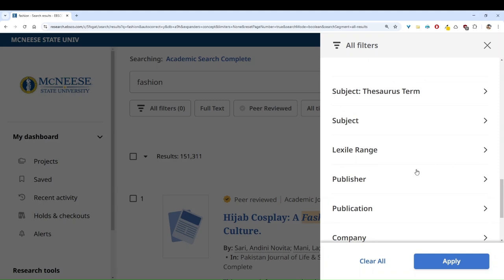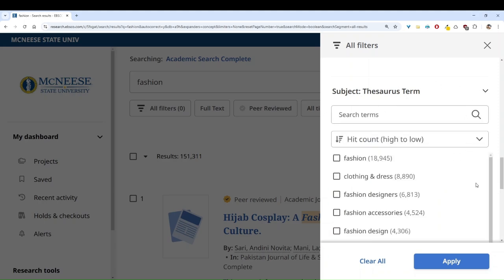There are, of course, other types of limiters. Searching by publisher, publication, or company is a great way to ensure you're accessing the most relevant and authoritative voices in a given field. However, I really want to focus on these two limiters, the source term and subject. What makes these limiters special is that they're a great way to find new words to add to your search